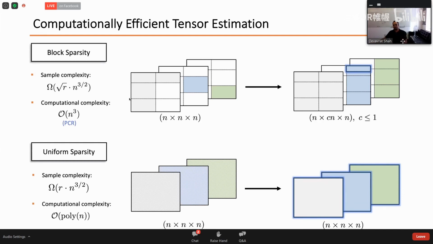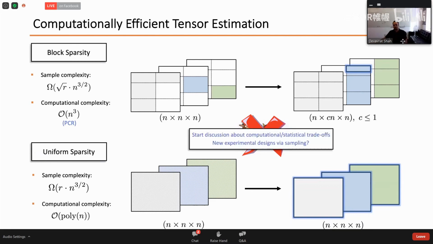Okay. Now, of course, I want to make sure this is not a horse race because these are different types of patterns, different types of goals. But more importantly, our hope is that by translating causal inference problems from the potential outcome framework into this tensor estimation problem, we can now have explicit conversations about computational and statistical trade-offs that were missing, at least in the way we know causal inference. It can allow us to think about different types of experiment design through different sampling, which we can recover through different tensor estimation methods.